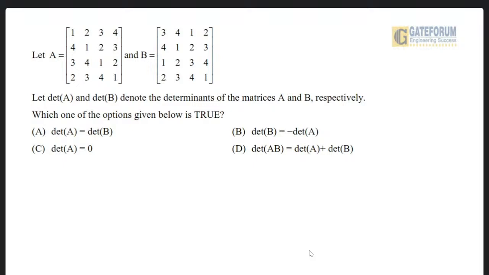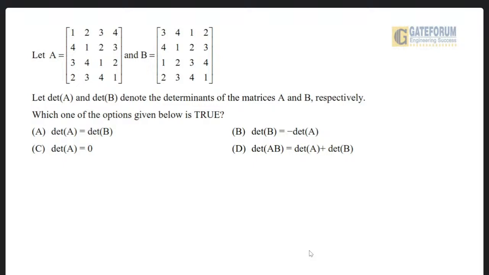its value numerically remains the same, but only the sign changes. That is, the sign will be affected. So determinant A is equal to,